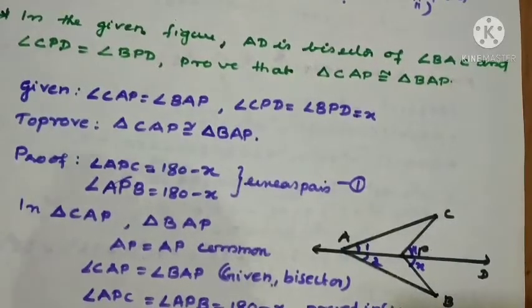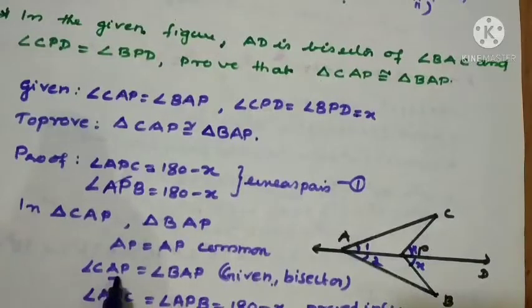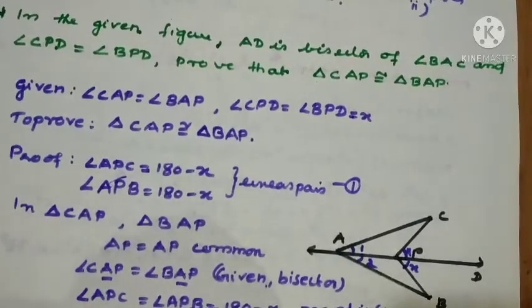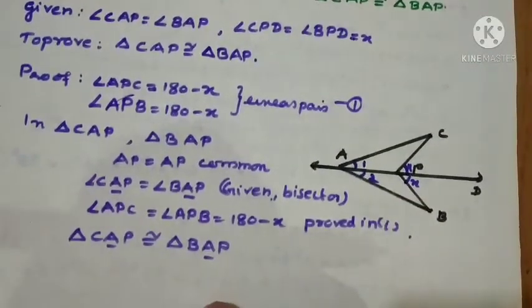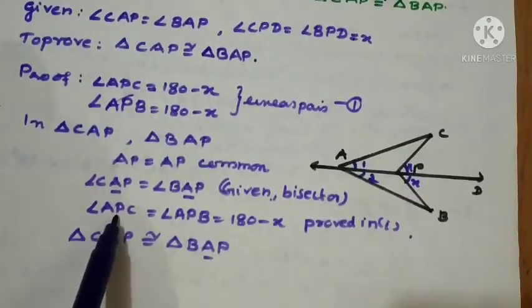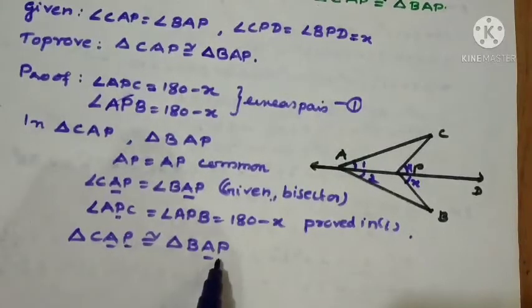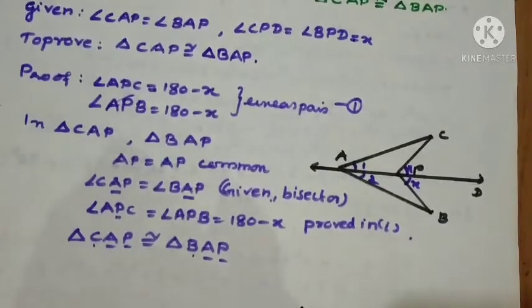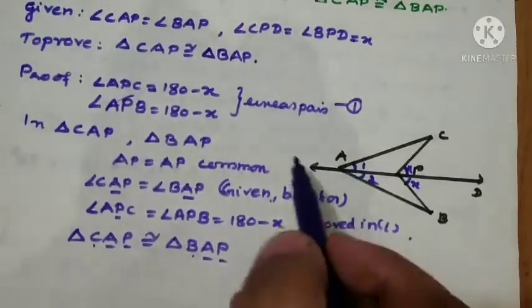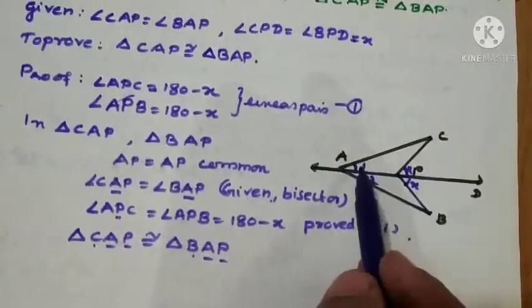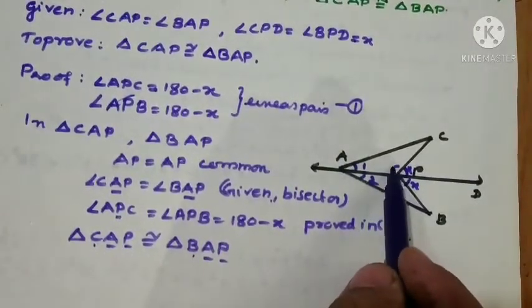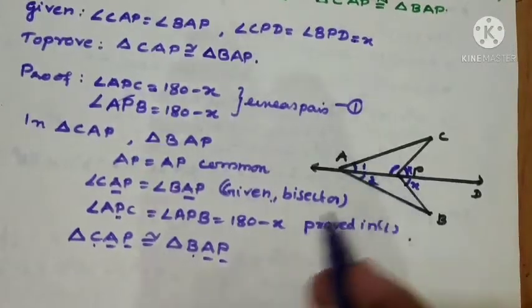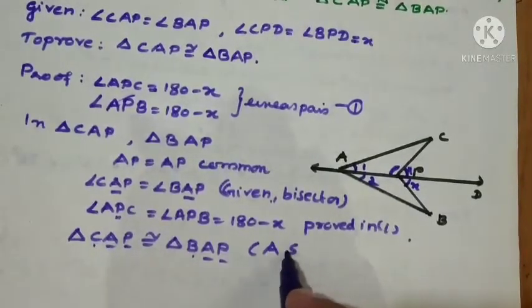Now check the order, because angle A is A only. So in place of A we are getting A. What is for P? P is also P only. So for C only changes is there, C for angle B only. So triangle CAP congruent to triangle BAP. Now two angles one side. So both the angles here only it is, and the included side. So criteria is ASA.